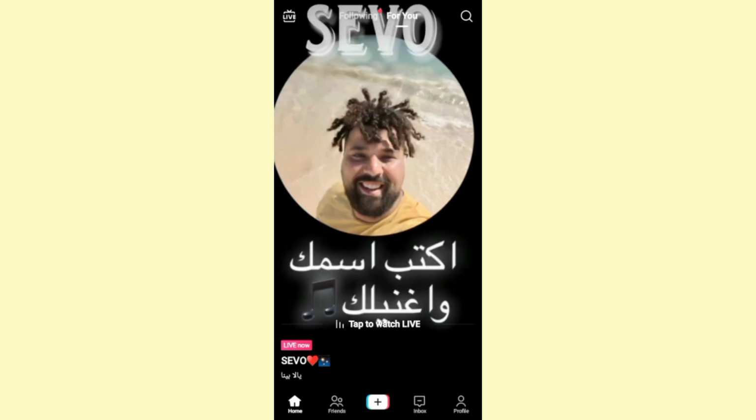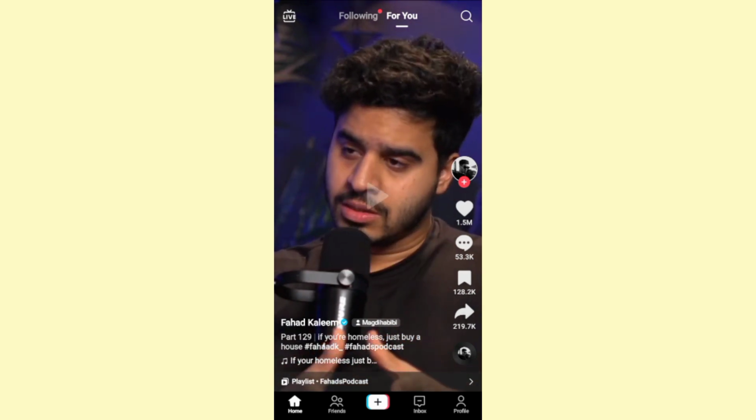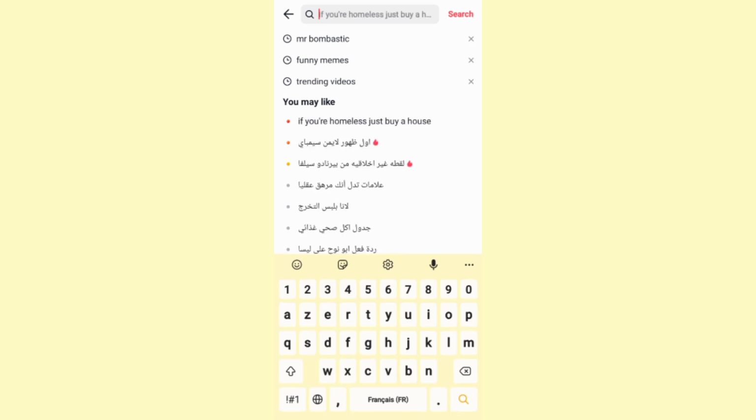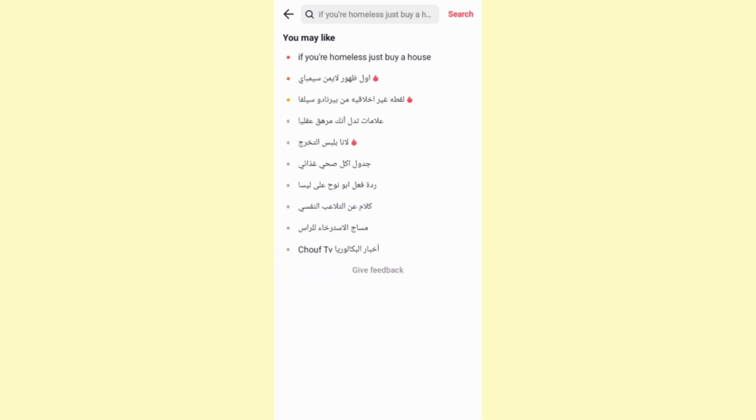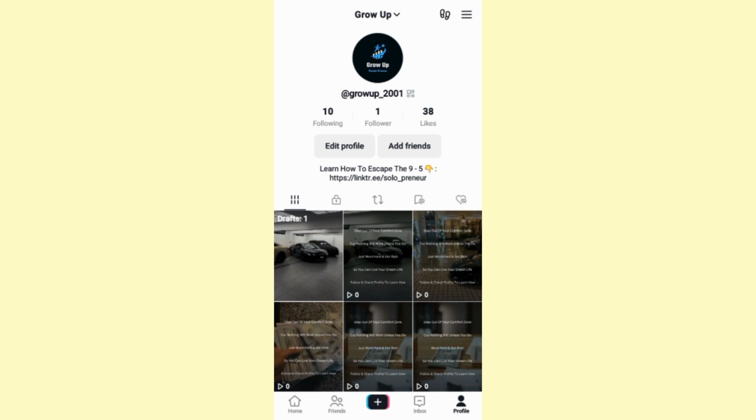Go ahead and open up TikTok. The first thing you need to do is click on the search icon at the top right corner of the screen, and let's delete all of these searches right here. Once you do that, go back, navigate to our profile right here, and once you are here, click on the three lines at the top right corner,